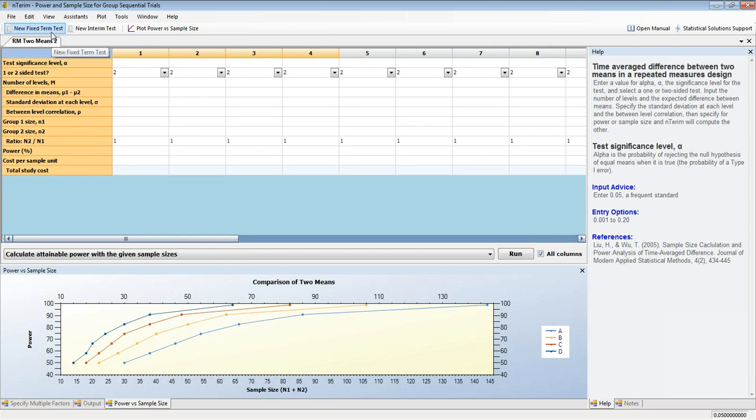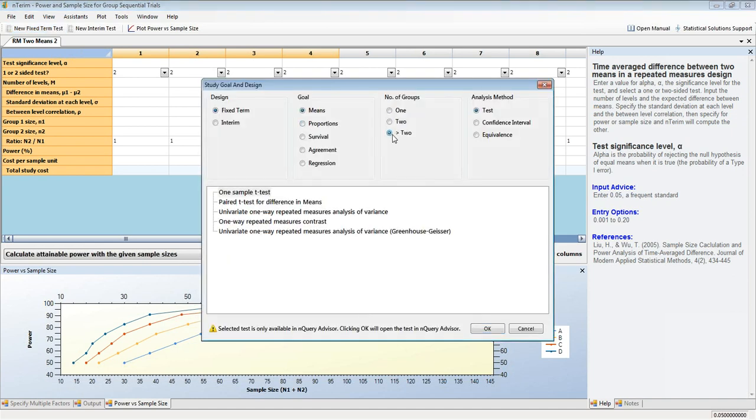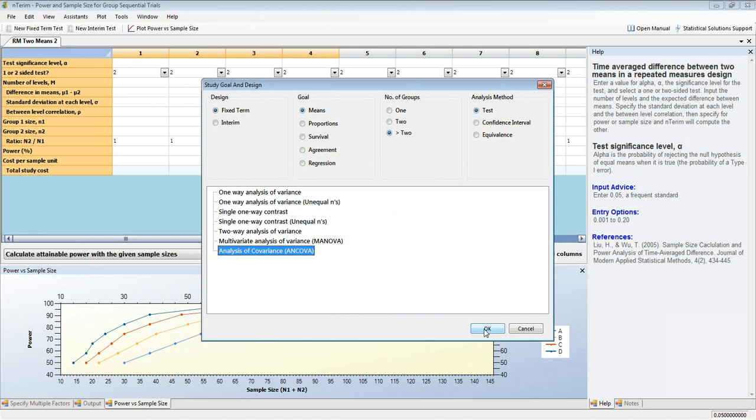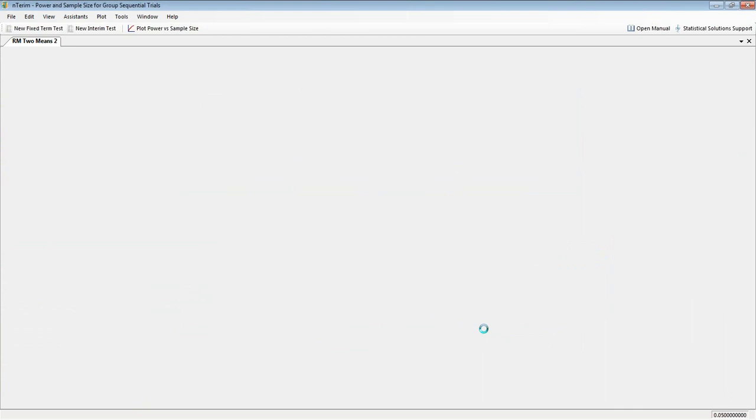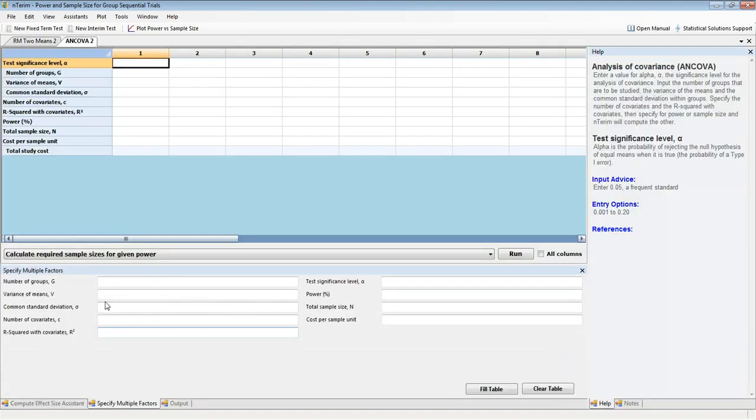Now if I wanted to open up a new table and look at a different design altogether, I can just click again on the quick access button here at the top to open up a new fixed term design. So for this one, again, just highlight the desired table and select OK. So this again is one of the new tables, analysis of covariance. This is a fixed term table.